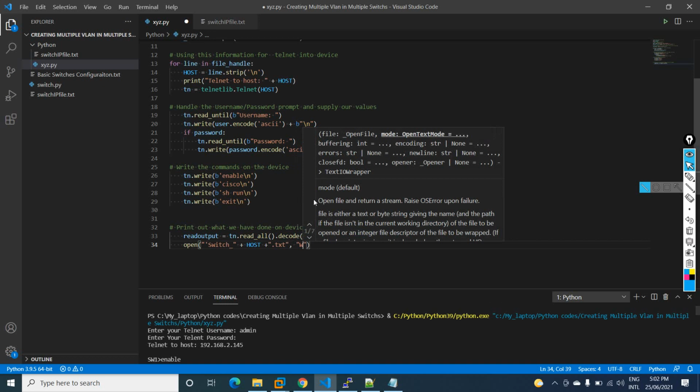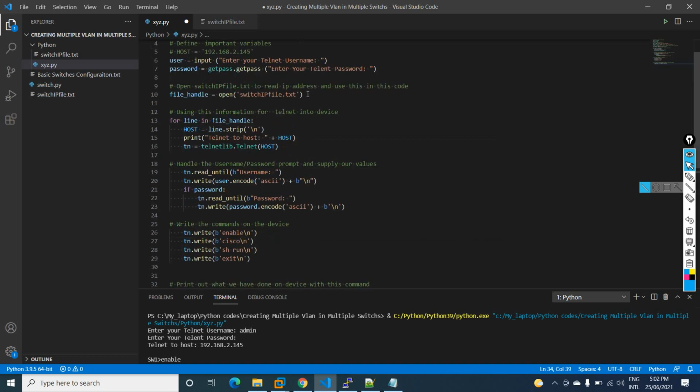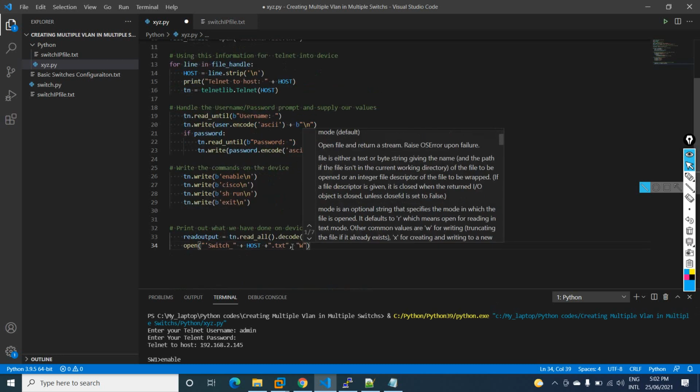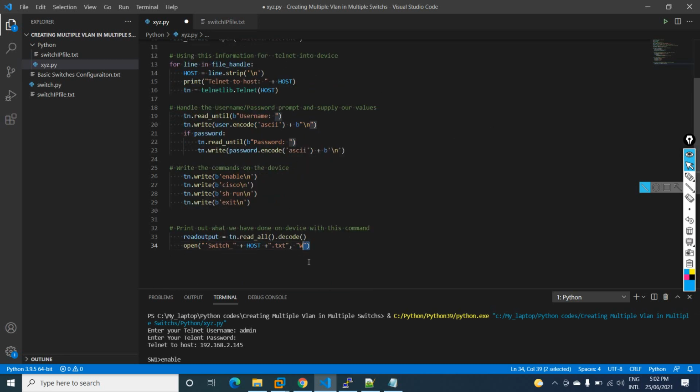In our previous lab we did not write, we read. So we were saying read this file, but here we are saying create the file and write in that file with the help of w. So I write here w, and open switch. Let me remove one extra comma that came here.